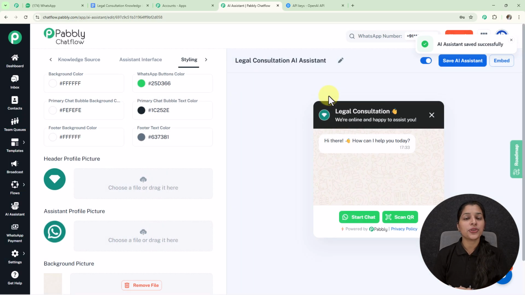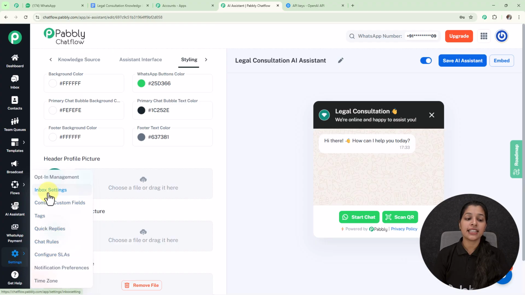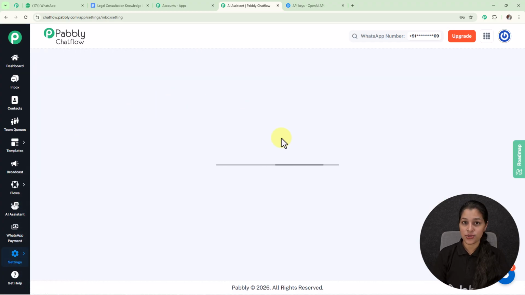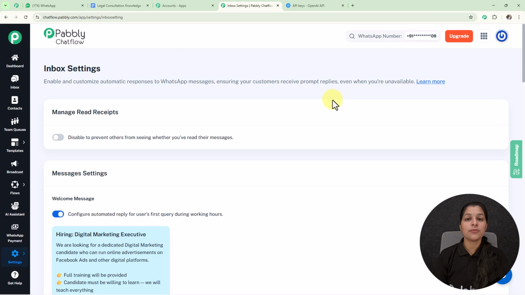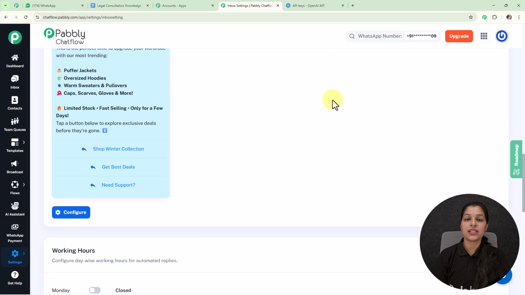Now I'm going to show you how you can enable this AI assistant for all your contacts, or for a particular contact list, or a particular chat. So for enabling this AI assistant for all your contacts, you just have to go towards the settings, and here we are getting this option for inbox settings, which you have to select. And here we have landed on the inbox settings page, where you just have to scroll down, and at last